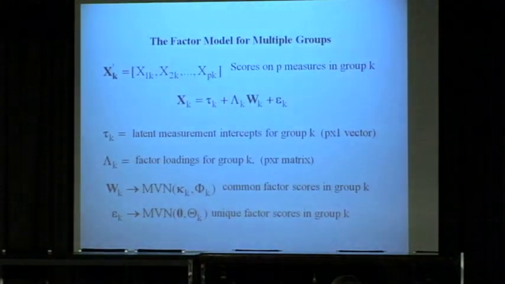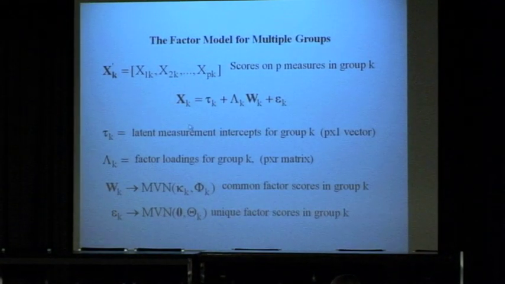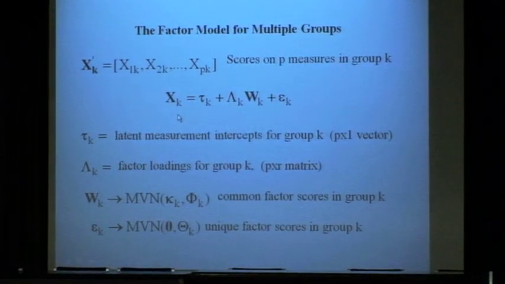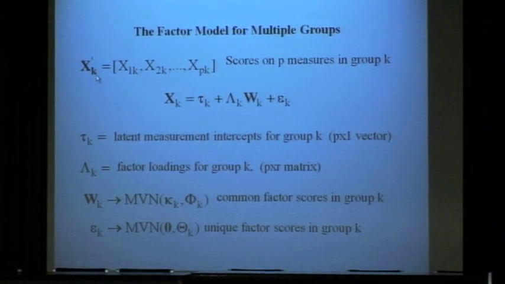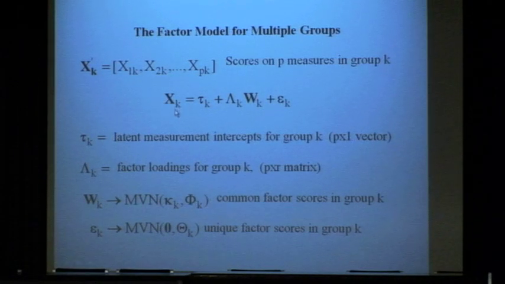This kind of expresses the factor model in terms that we can grasp here with multiple groups. You'll notice a K subscript on everything here. That represents the group. So you might have K equals 1 and 2 for males and females, or if you had Spanish speakers or English speakers. Or K could range, however many groups you have. Everything's referenced with the subscript to denote the fact that these things can vary across groups. And X is a string of item scores or subtest scores. There are P of them.